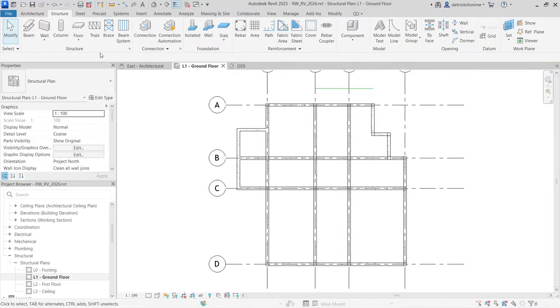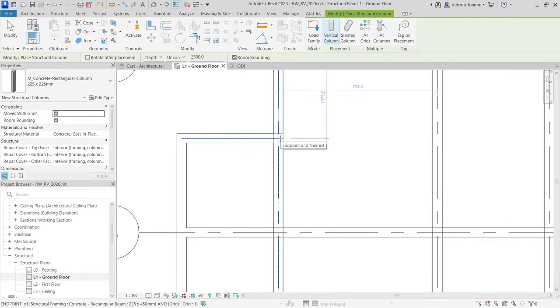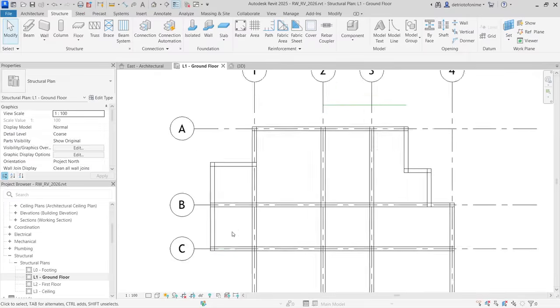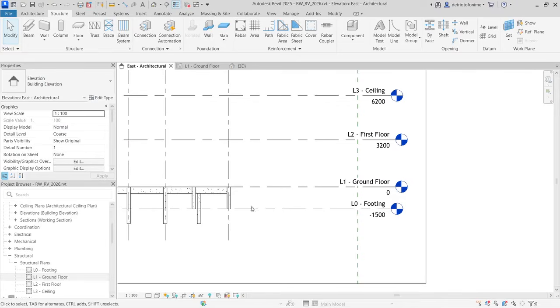They always serve as a good reference, but we're going to add some columns to this part as well. One column here, one column here, one column here, and the very last column, we're going to add one here. So there we go. We've gotten our ground floor set. This is, to me, the hardest part of this whole business. And let's go back to east